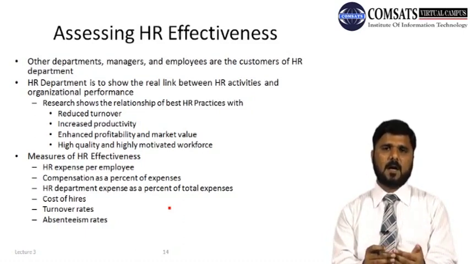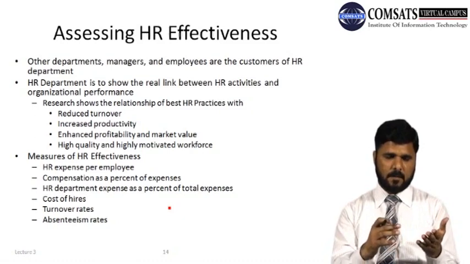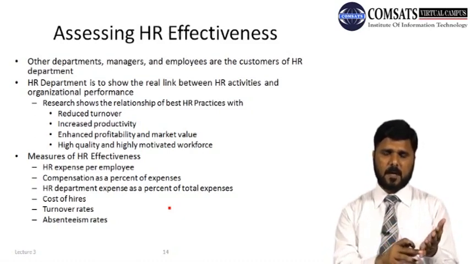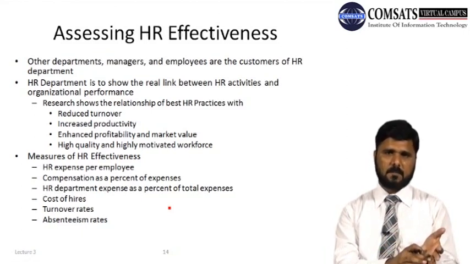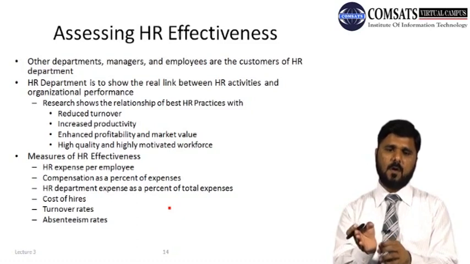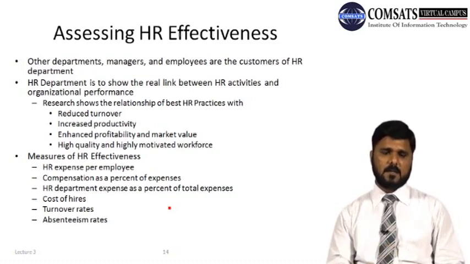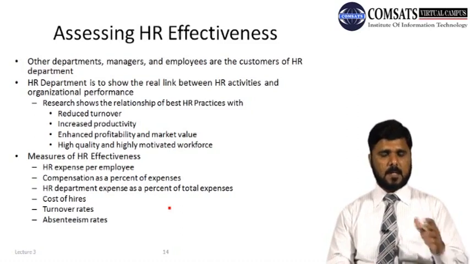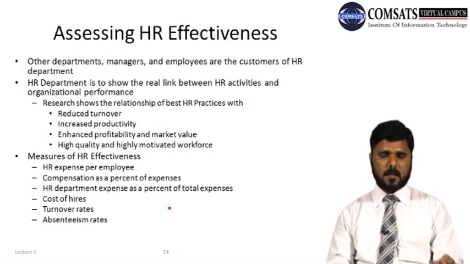So हमने real link दिखाना है कि हमारे HR activities, जिसे हम कहते हैं job analysis, HRM planning, recruitment and selection, training, development, उसकी compensation, उसकी performance appraisal, career development. These are the various activities performed by HR. Now we have to show a real link of these activities with the organizational performance. So research has shown that there is a link between best HR practices and certain other indicators. So we can actually show that there is a link between HR best practices, HR policies